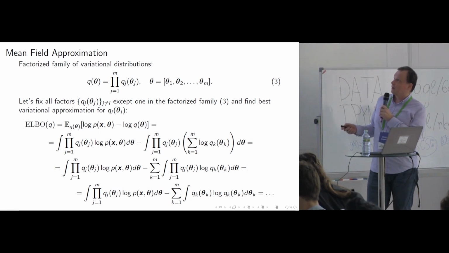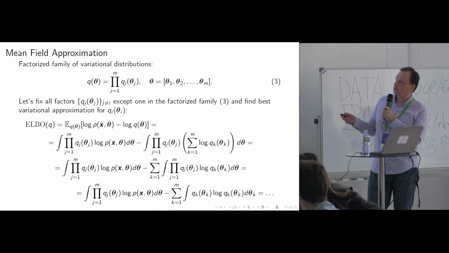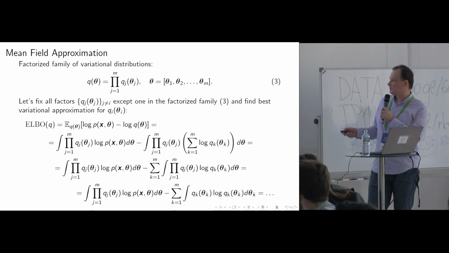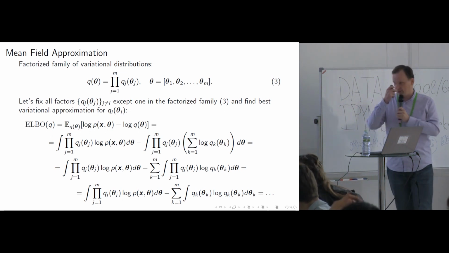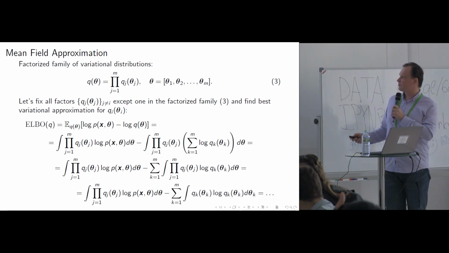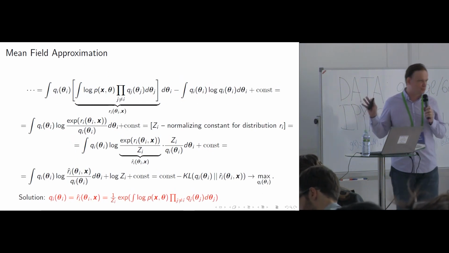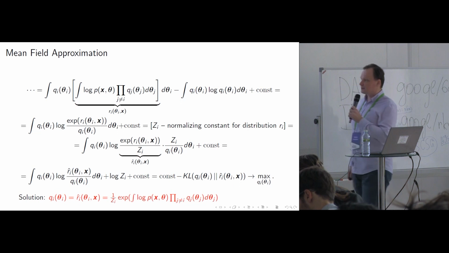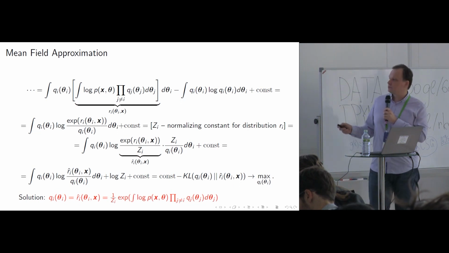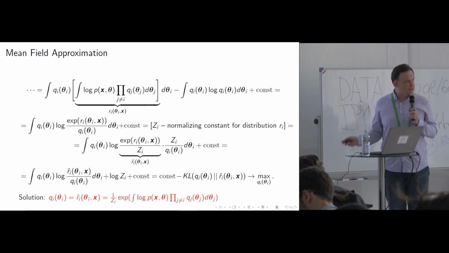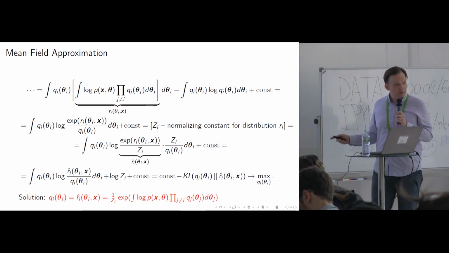So what we do, we just take this criterion function, put our family of distribution here, and make a set of equivalent transformations. I don't think they are very simple. I'll skip a bit. I don't think that it's too important to discuss them in detail. I just wanted to come to the answer here that after this equivalent transformation, it is